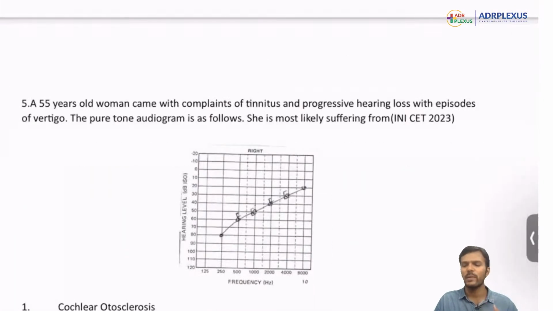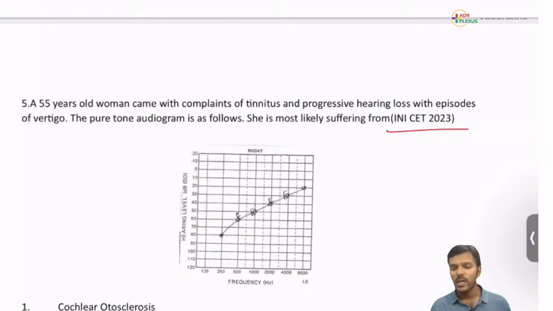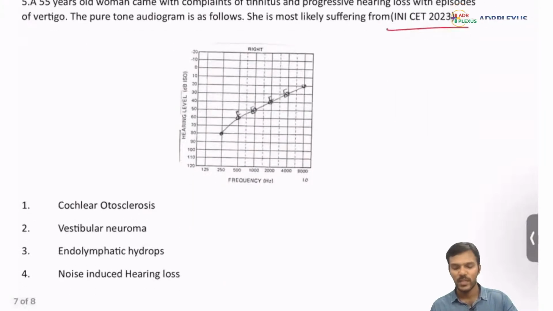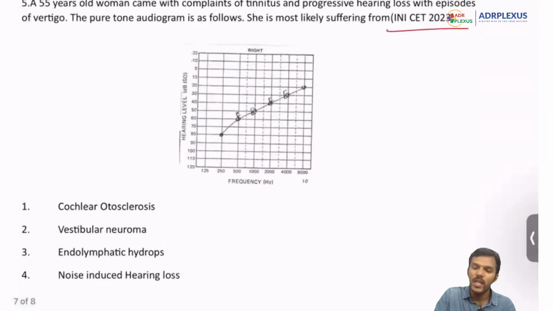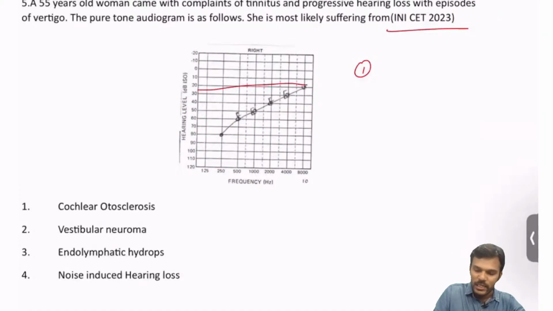So again, a question from INICET 23 repeat. A 55-year-old woman with complaints of tinnitus and progressive hearing loss with episodes of vertigo. The pure tone audiogram is as follows. She is most likely suffering from what? What is the answer for this question? So this is an audiogram. Whether you're having hearing loss, absolutely. If you're having a hearing loss, thumb rule number 1 is